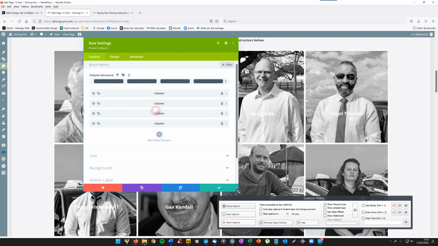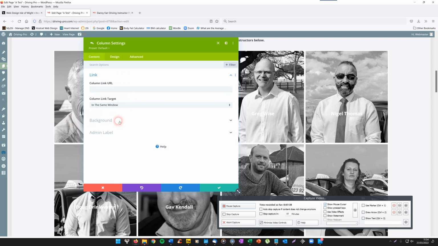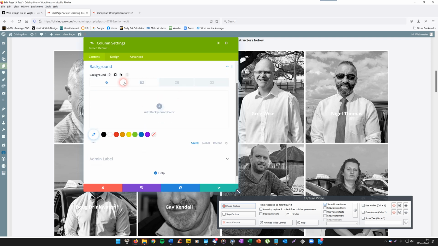So let's say column 3, which is Greg Wise. You'd open that third one using the cog. There's only one thing that you need to do in here. You click on the background, you go across to the third icon along the top,